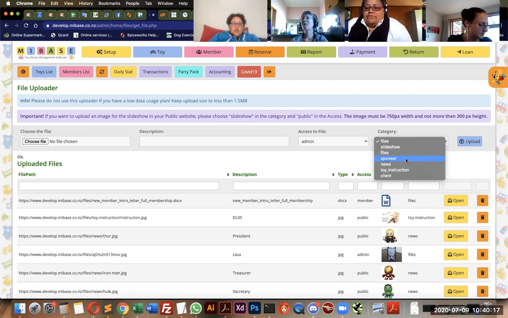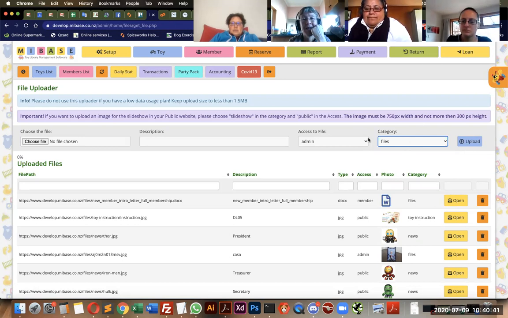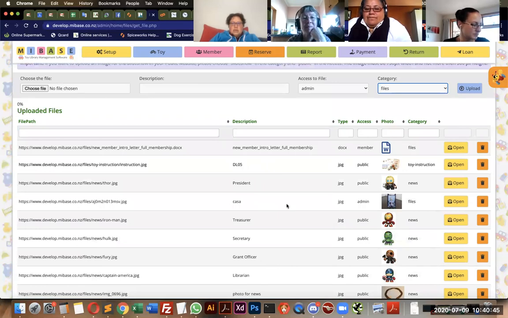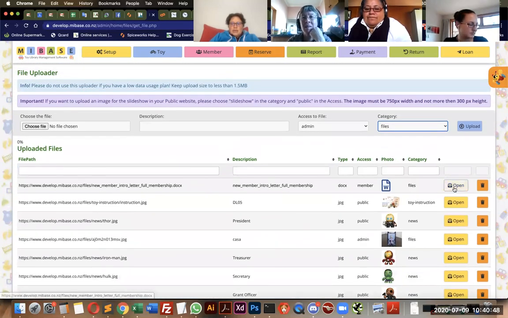Sponsor is a logo for your sponsor page and for your sponsor modules on the homepage. News is for your news page, and toy instruction is the PDF or Word document related to the toy. Client is for the party pack. So everything is a category, but all files are going here. You can download by clicking open, and that's it.